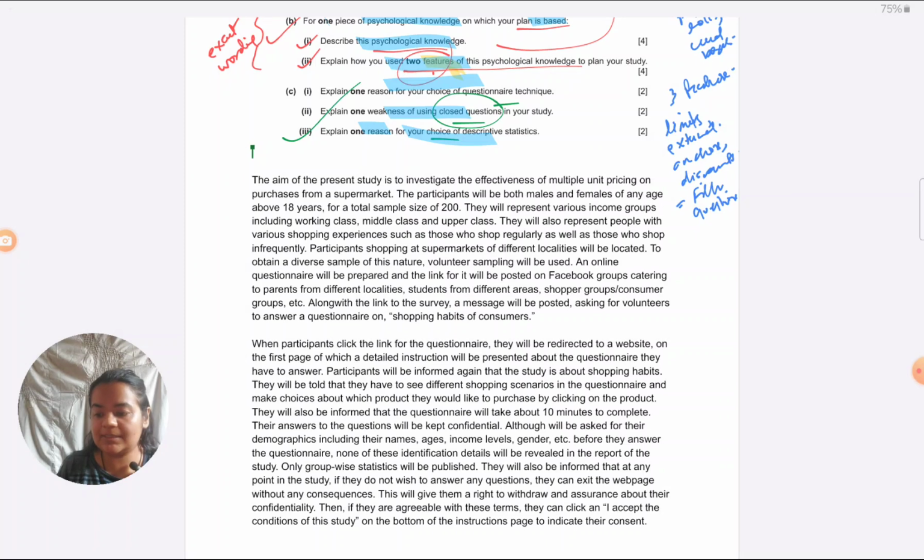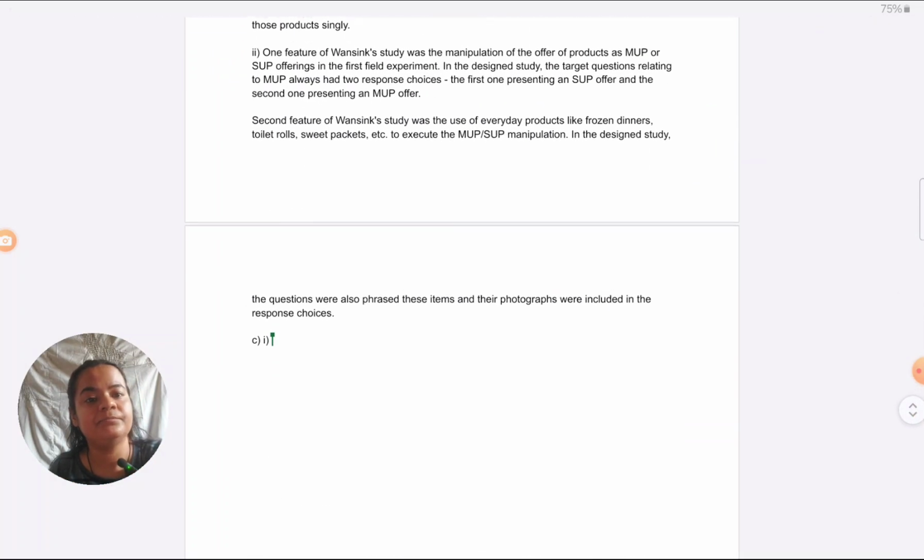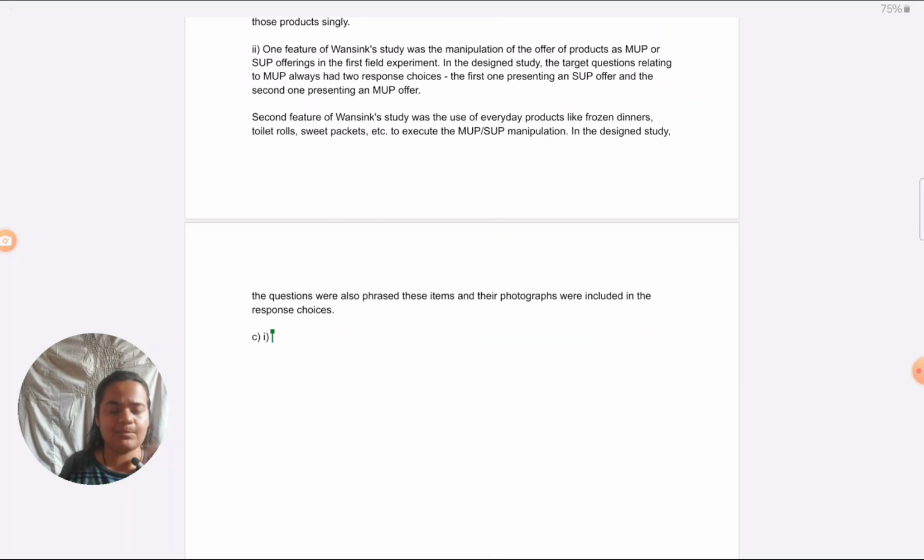Okay, they're not asking question technique. Many students will answer this question with why they've chosen closed questions. They're not asking which type of question is used. They are asking which technique of questionnaire is used. They're asking me about the online questionnaire technique. Right? You may have chosen paper pen instead, you may have chosen postal instead. So your answer has to be according to the one you have chosen. When they ask the reason for choice of something, it's an indirect way of asking what is the strength of that. That is what they want to know.